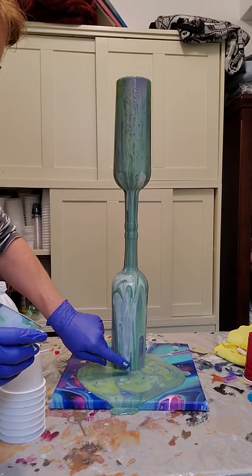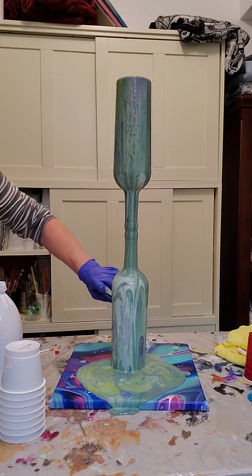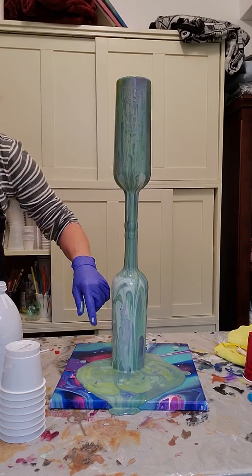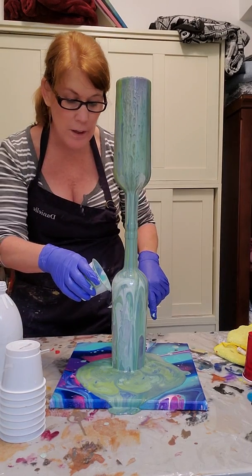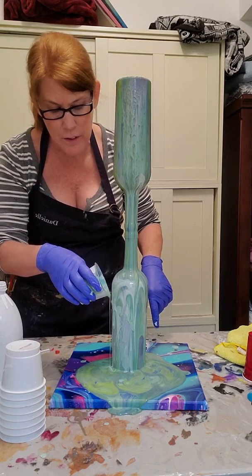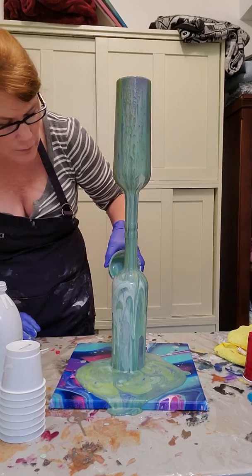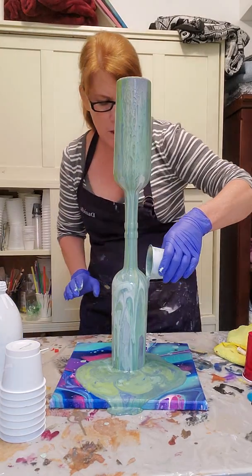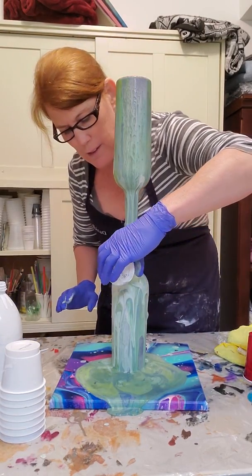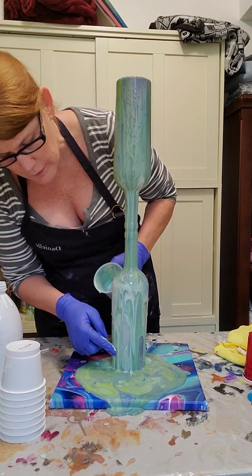Follow the flow, get it all wet. And this is just so much. I mean, you can see how pretty it is even on the canvas. And then when I'm done, I will try to move these off so you can see what I do with the paint on the canvases too. Because if I'm not pouring these on the bottles, I pour them on